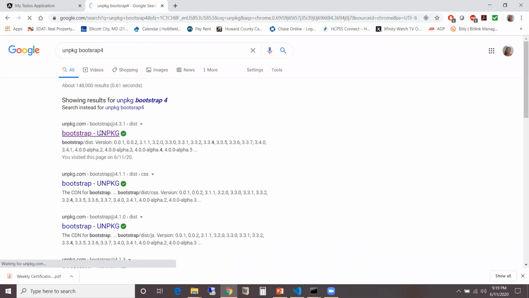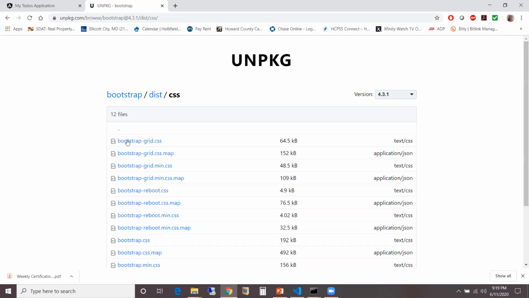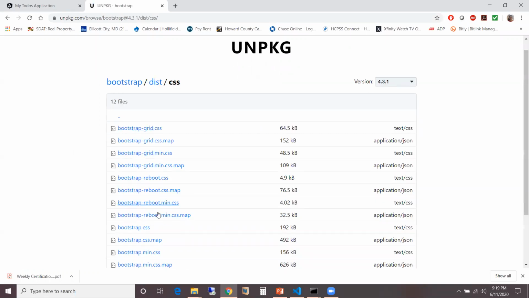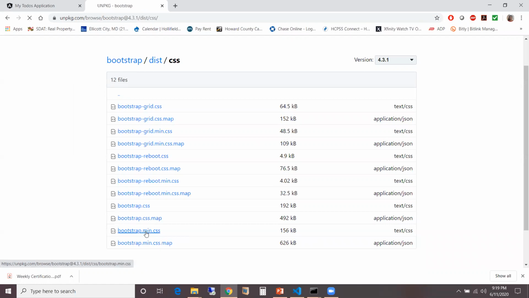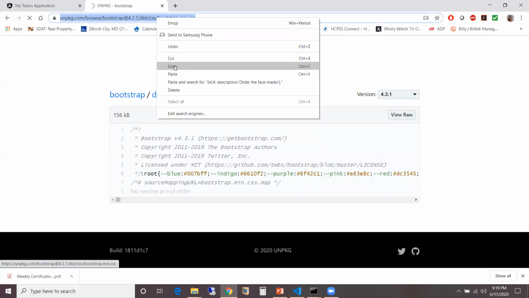We can go to this link and CSS, and in here we need this bootstrap.min.css file, and we can see the full version of the file here. We need to copy this